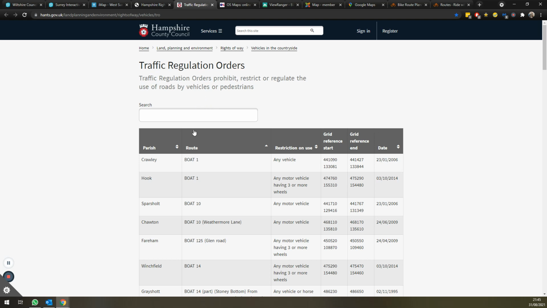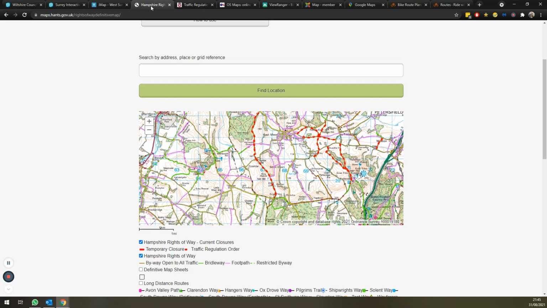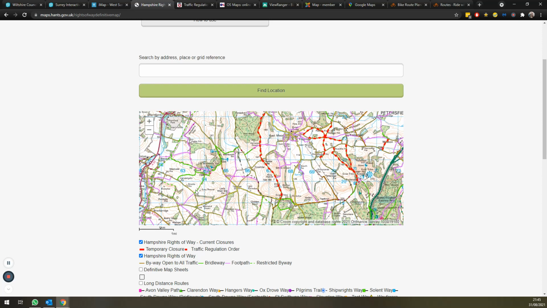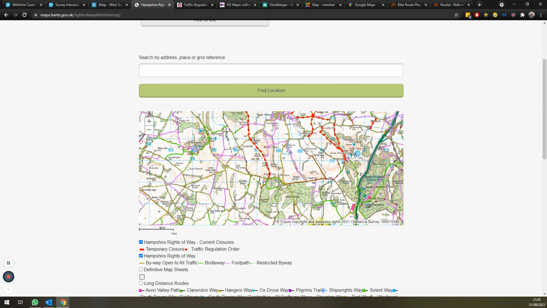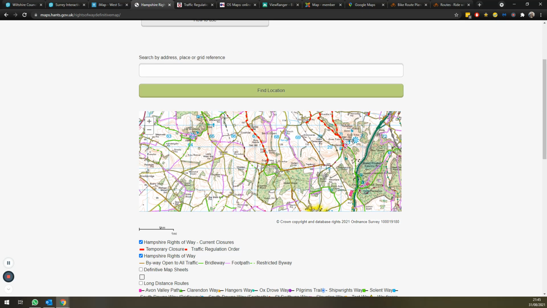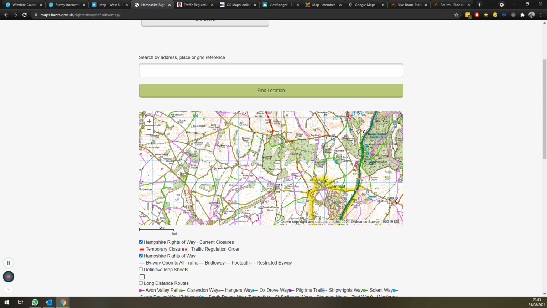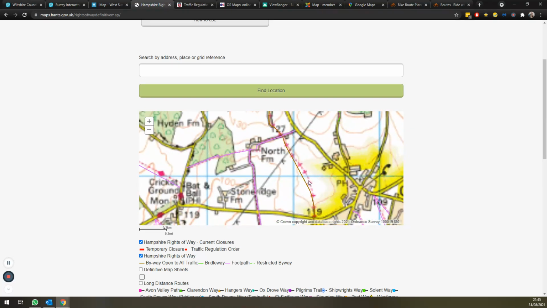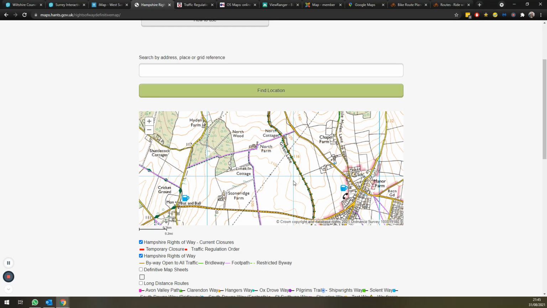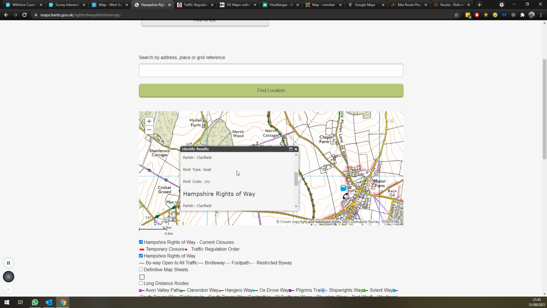With most of the county websites, you'll also find that they have an interactive map that you can use. This is an example. This is an OS map. If you zoom in, this is the particular byway that we were just talking about. You can see the red dotted lines, and if we zoom in on the thing, it turns to green. If you also click on the actual boat itself, it brings up the details and tells you what number it is. So this is